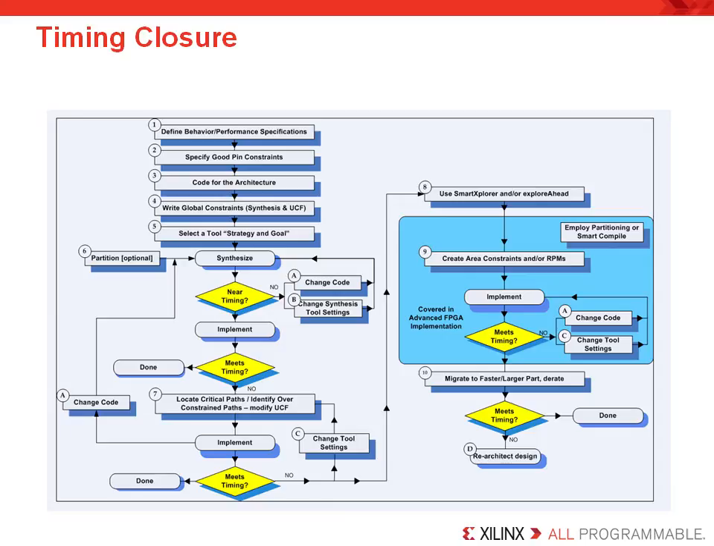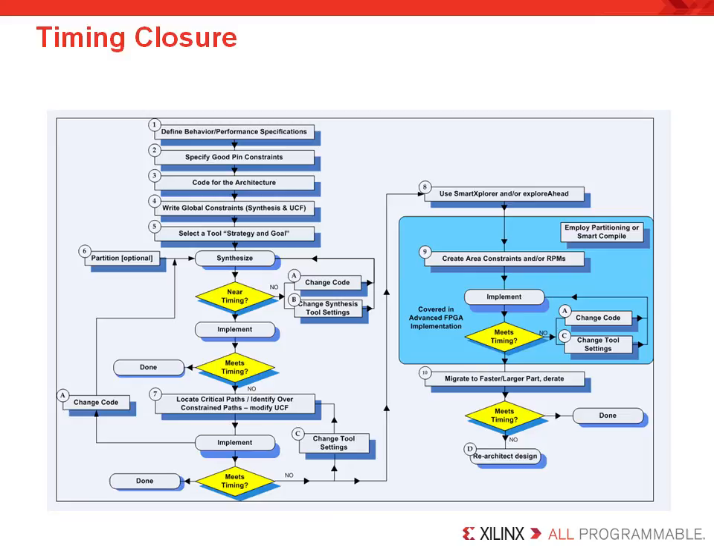Sometimes to change the tool settings, designers will use Smart Explorer or Explore Ahead, a utility that is part of Plan Ahead, to generate different implementation results. If that still does not help to meet timing, then users can consider making area constraints with the Plan Ahead software. Plan Ahead makes it easy to evaluate the placement of your logic and find a better place and route solution. After that, another implementation can be completed, and if you still have not met timing, you can try running